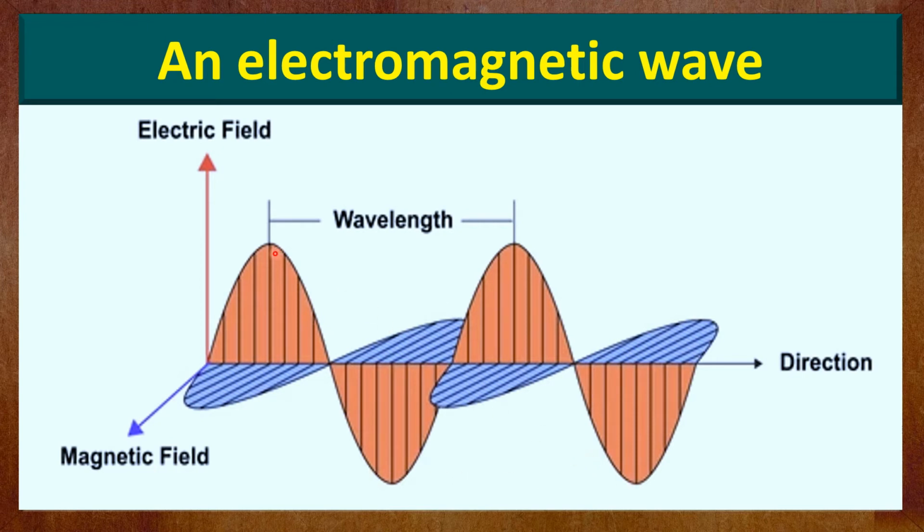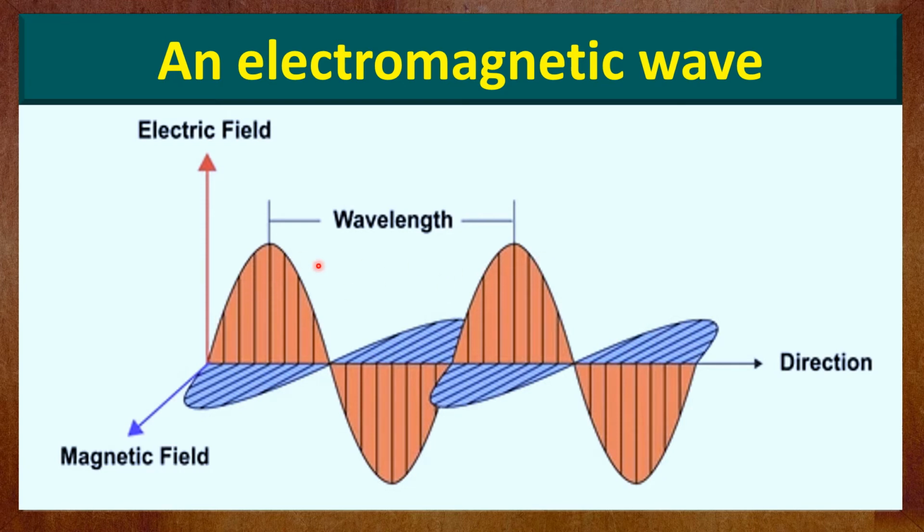So crest, trough. Similarly the magnetic field also has crest and trough like this. So actually the electromagnetic waves are transverse in nature, and the distance between the two consecutive